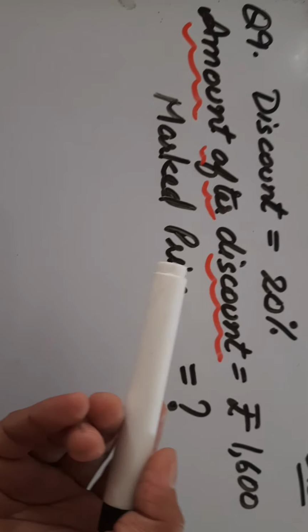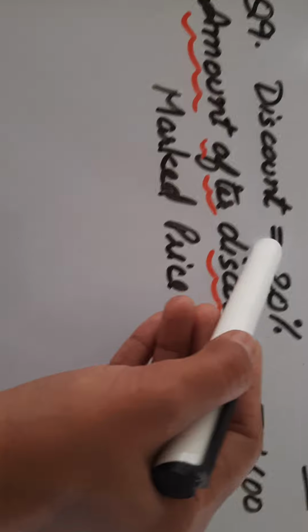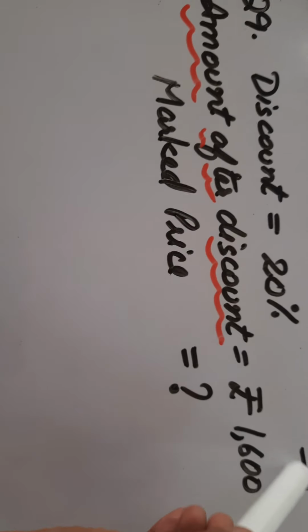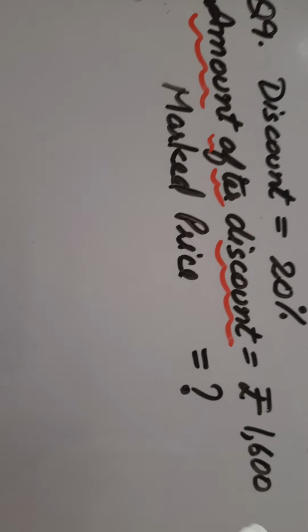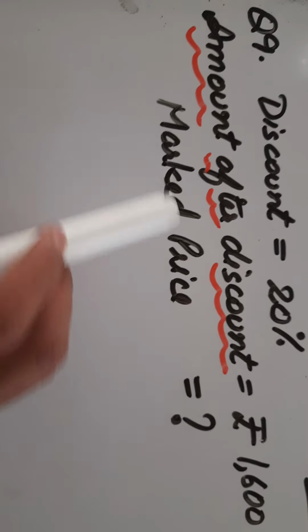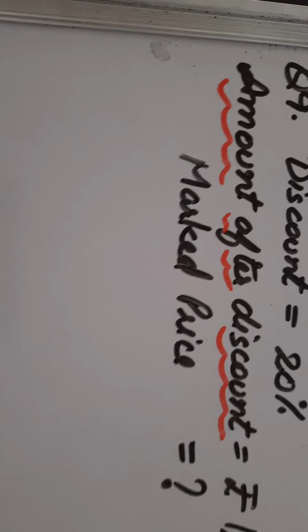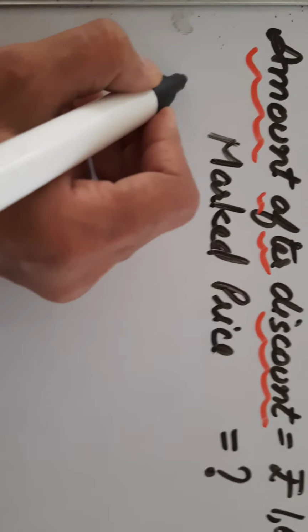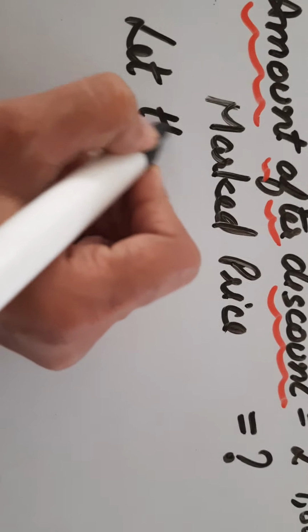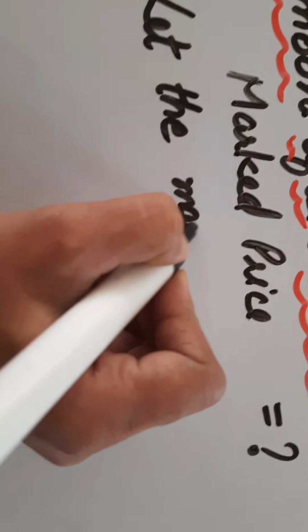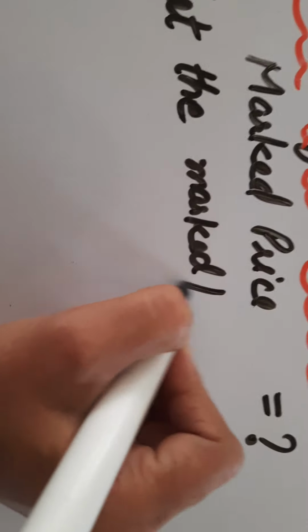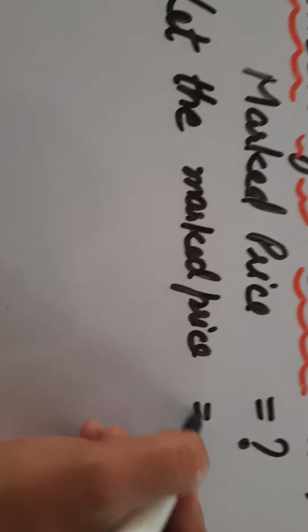Means whatever is the cost, after subtracting 20% discount from that, Arun paid 100 rupees. Now we need to find out the marked price of that item, the pair of skates. So whatever they will ask you, that will be a statement. So let the marked price